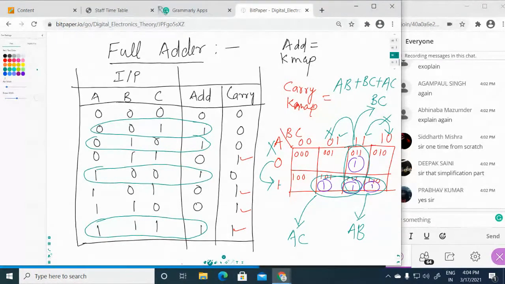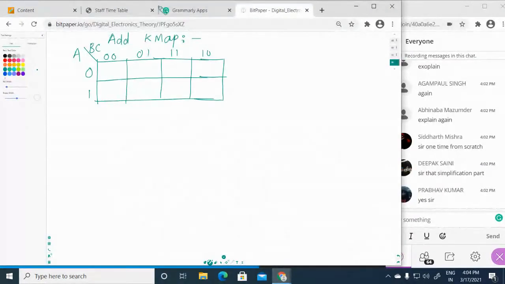Note down where we have to put the 1. Now you arrange these values 000, 001, 011, 010, and 100, 101, 111, and 110.